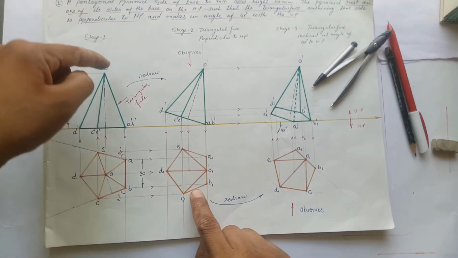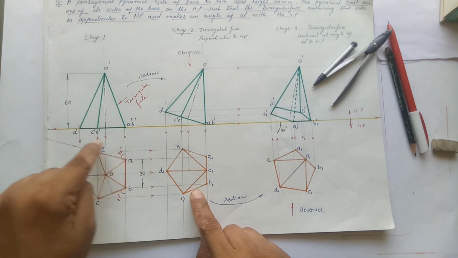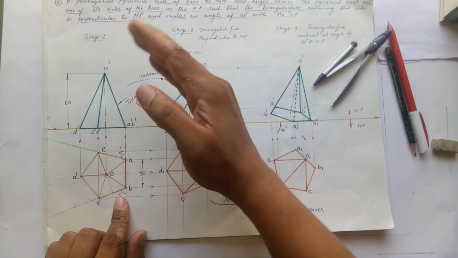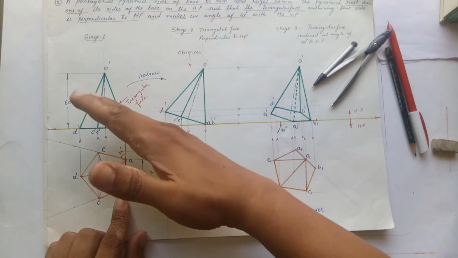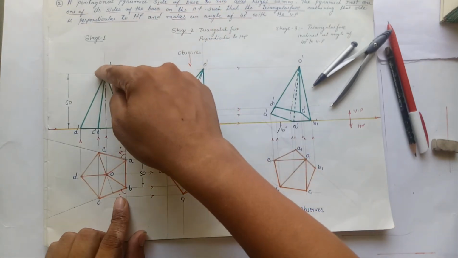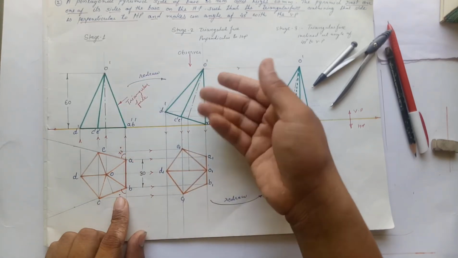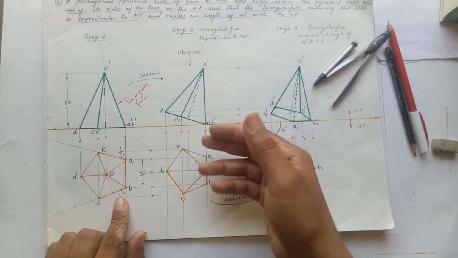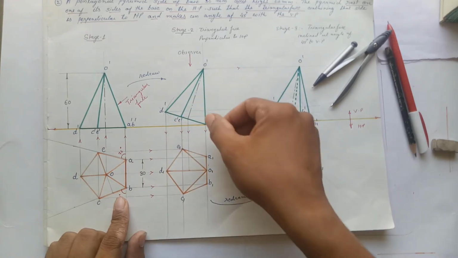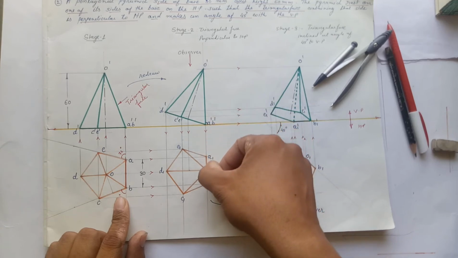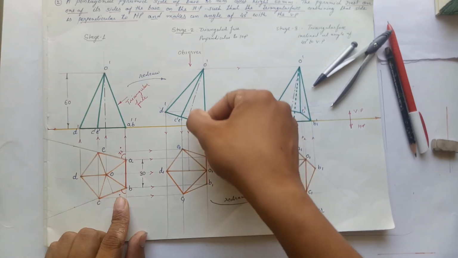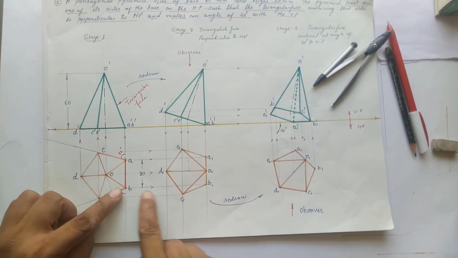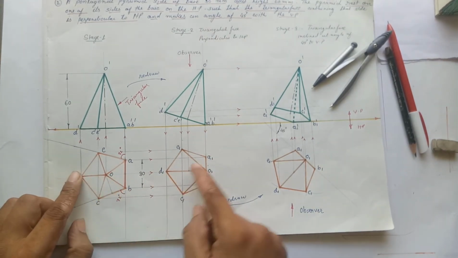You can also see that in this case also all the base edge and all the slant edge is visible. So from this position up to the perpendicular position, perpendicular angle of this edge, all the base edge and all the slant edge is going to be visible in the plan of the second stage. So now draw the plan, projecting A, B, C, E, D, A, O, B, C, D.